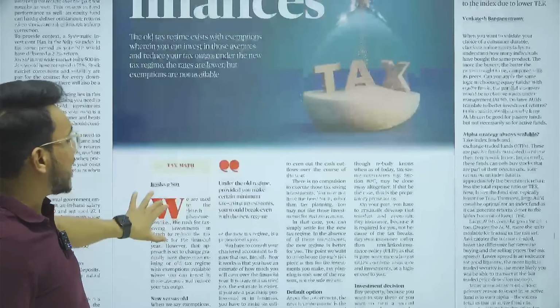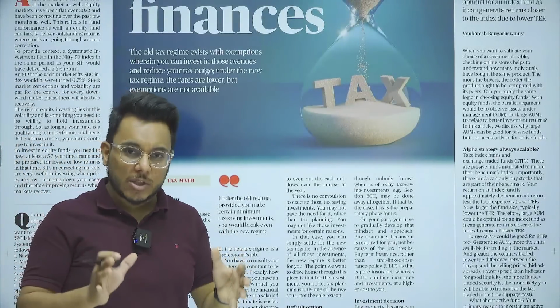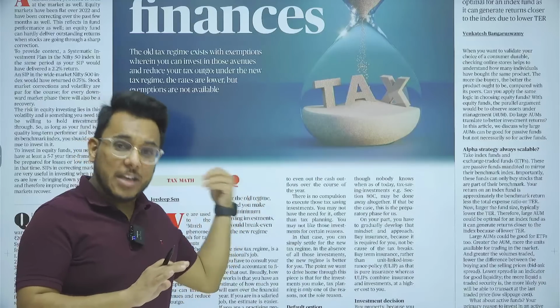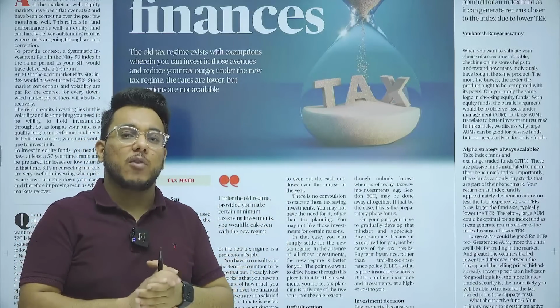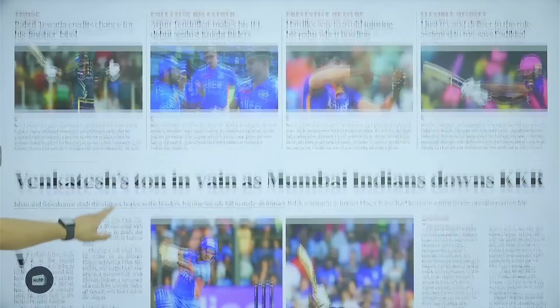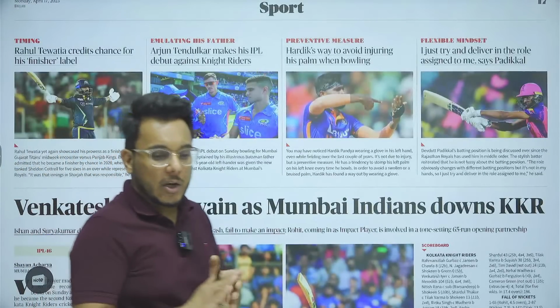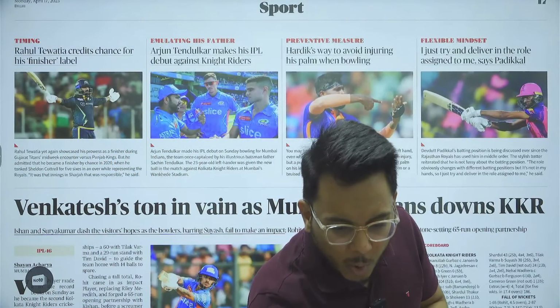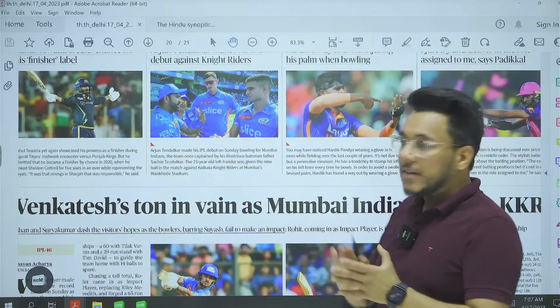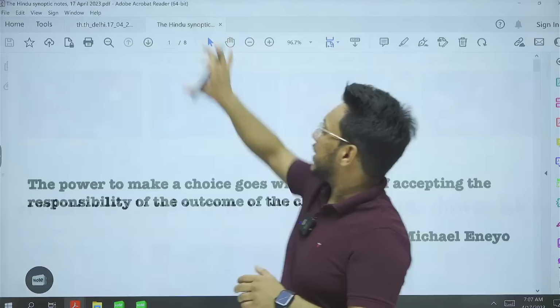On Monday we don't have the business page. So this money wise page contains tax saving advice, investment, mutual funds and all such things. Usually this page is not very important for our examinations. Then we have the next, sports page. So this is the overview of the entire newspaper, guys, and the idea of showing you the overview is that you understand which articles are actually important for us to see. Now, let's take the relevant articles for our examination one by one in detail.